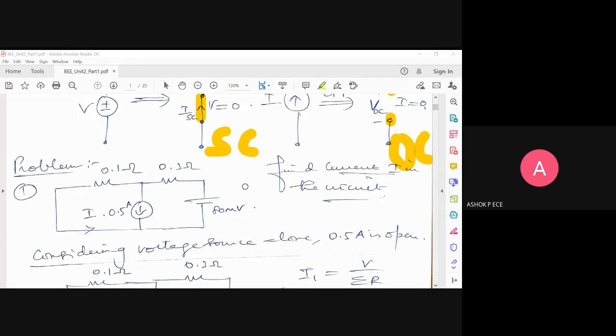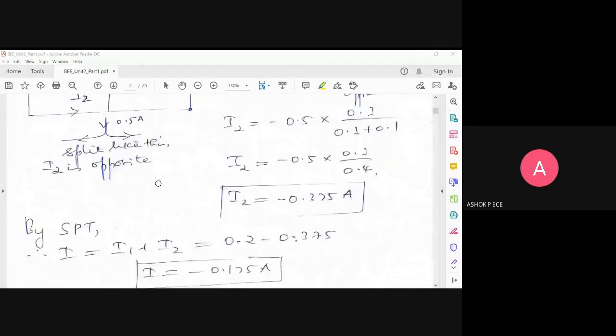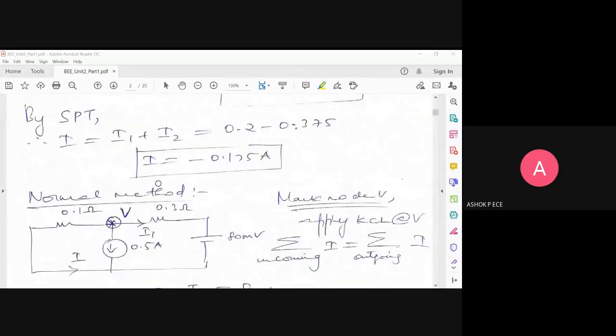So take this circuit, please. We'll solve this circuit normally and find I. So we'll apply KCL here. I have done that. You also do it. See, normal method. I have marked this. When you have one node here, V, and one ground node here. So I have marked this node V, and we are going to apply KCL at this node. Say what is the equation for Kirchhoff current law at that node.